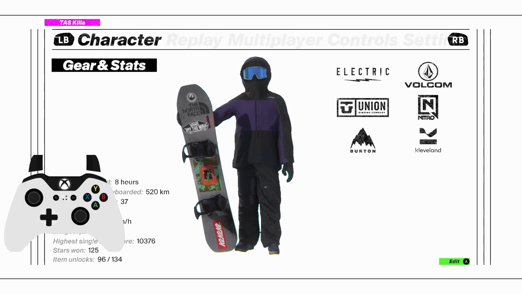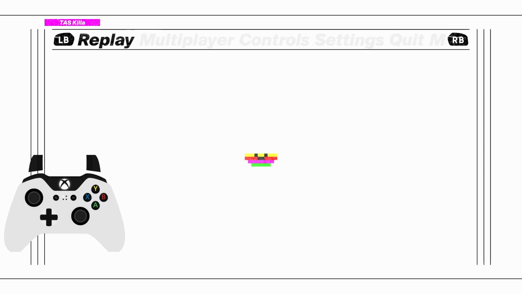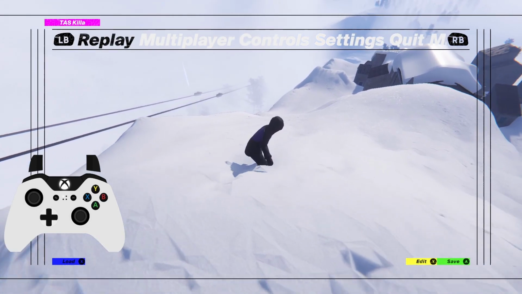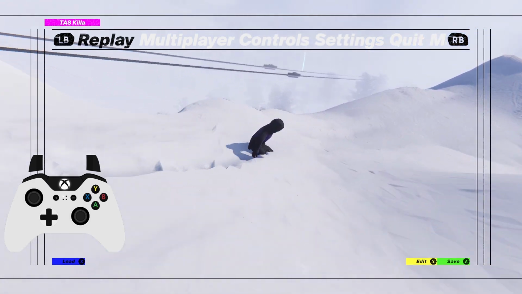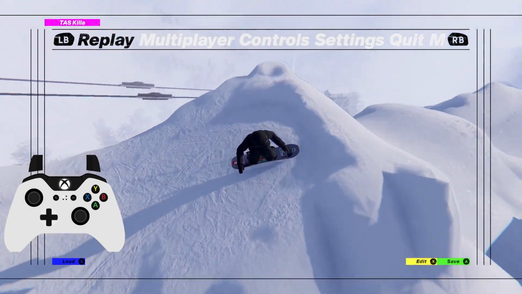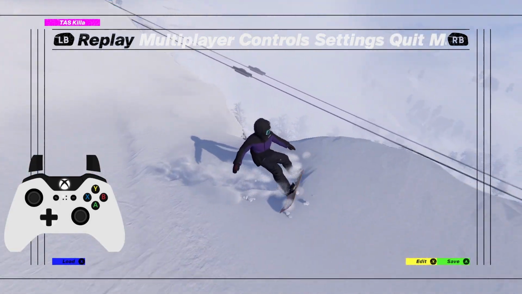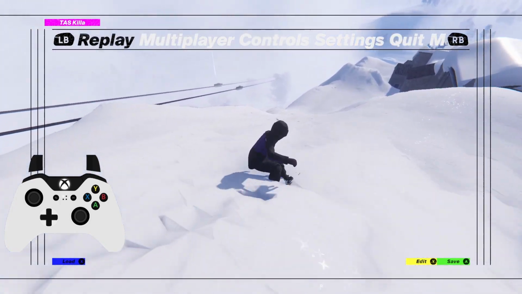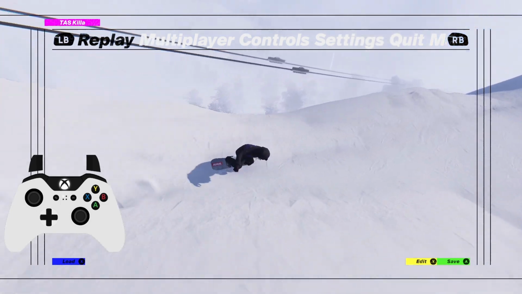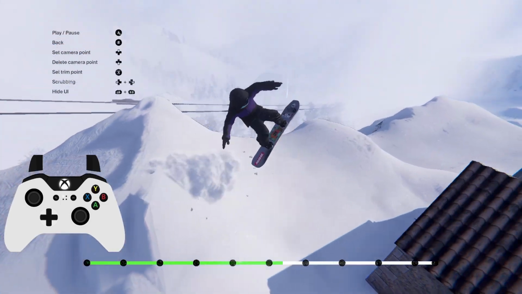Okay, so after you get a trick or a line that you want to edit, press start, go over to replay, and if you don't have time to edit it, you can just save the replay and look at it later. Just press A to do that, or if you want to pull up an old one that you saved, just load it with X. But assuming you want to do it right now, we'll go ahead and press Y to edit it,